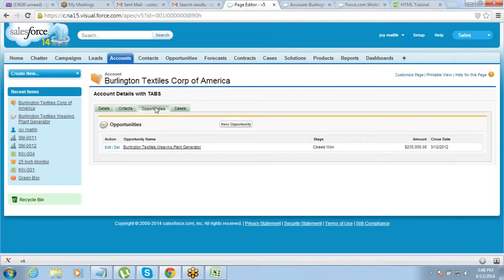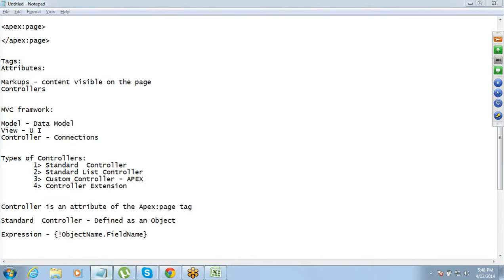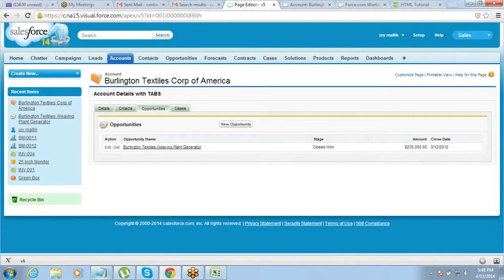So to enhance the performance, what we can do, we just can include Ajax here. Ajax is kind of a partial refresh of the page. Rather than refreshing the entire page, you might just want to refresh that part of the page, the tab part. For that, we just have to do a small thing.